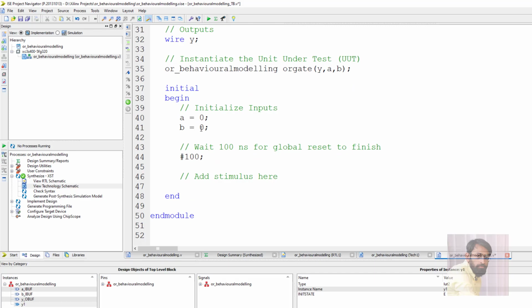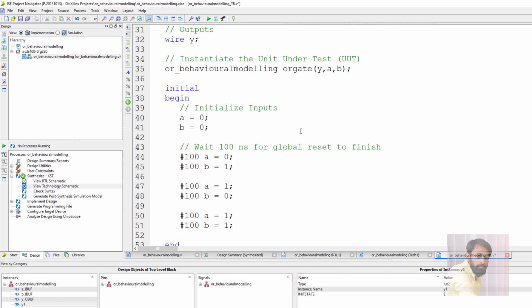Next, in the initial begin block we can give different test vectors. The different test vectors that I am giving are 00, 01, 10 and 11. So first A is equal to 0, B is equal to 0. Next, after 100 nanoseconds of delay, A will be 0 and, after another 100 nanoseconds of delay, B will be 1. So after 0 0 and 0 1, this will be 1 0.